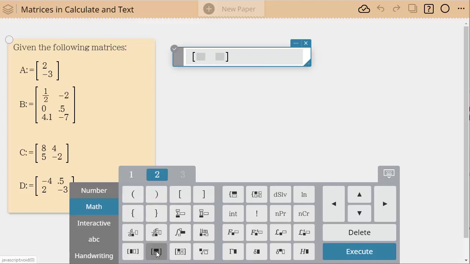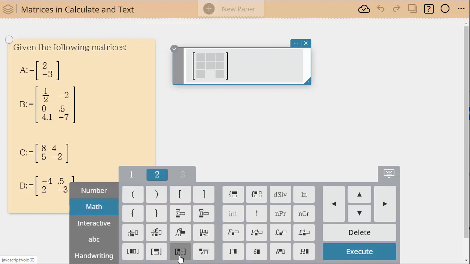This template is a vertical template, right? So if I click it now, notice I already have a 3x1. But if I click this, now I'm going to go down vertically. So now I have a 3x2. So this one adds columns and this one adds rows. So if I wanted another row, a 3x3 now, I would simply click that. So columns and rows.